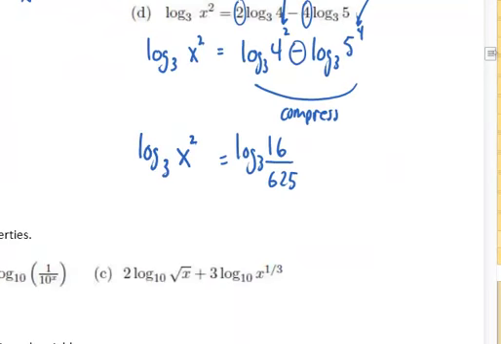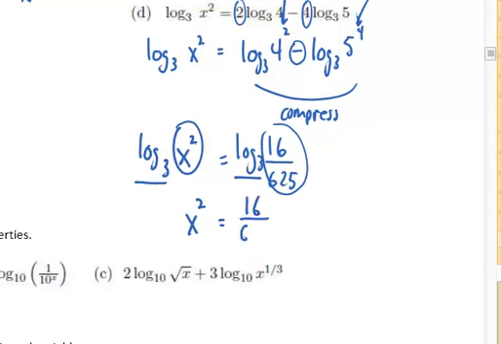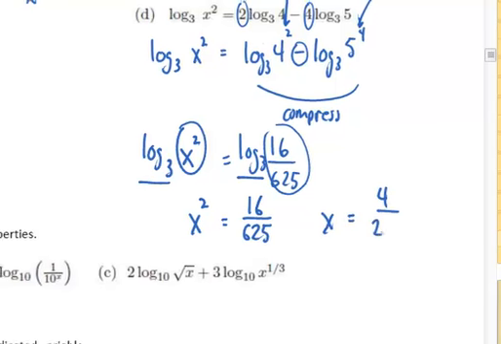So now that you have log base 3 of x squared equal to log base 3 of 16 over 625, you could just set the internal part of the logarithm equal to the other internal part. And now your answer is x will equal 4 over 25,